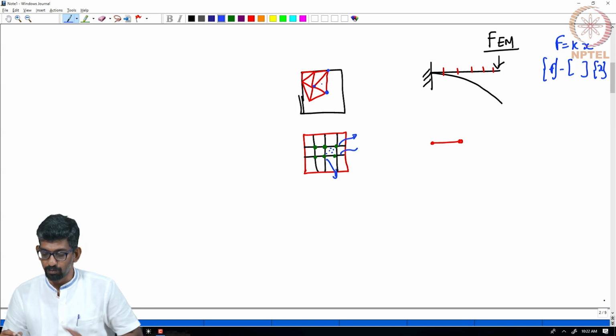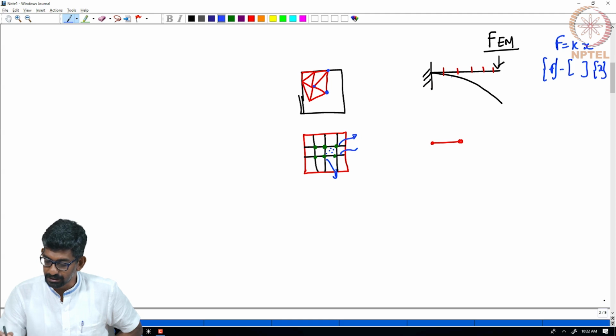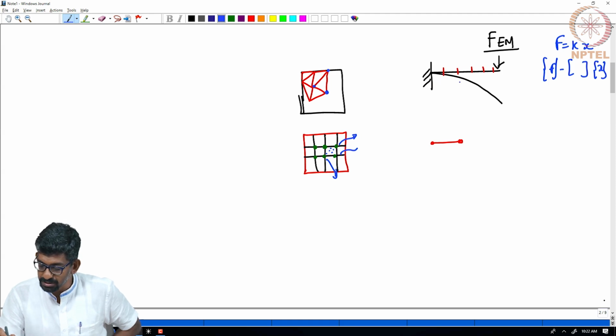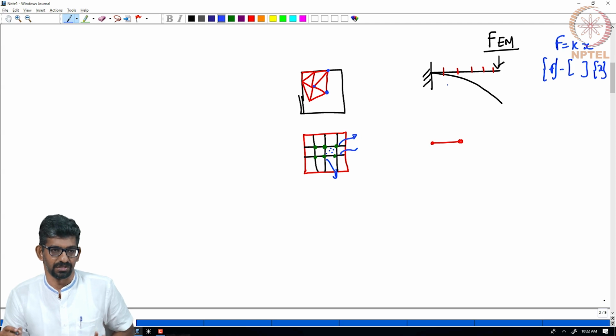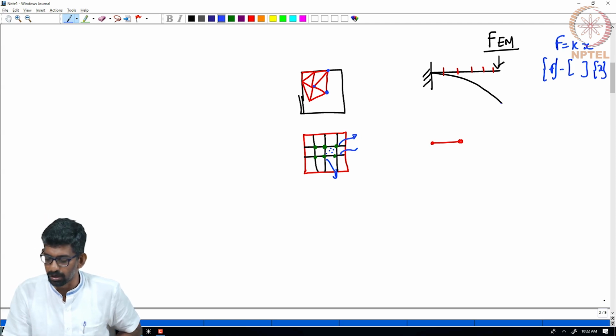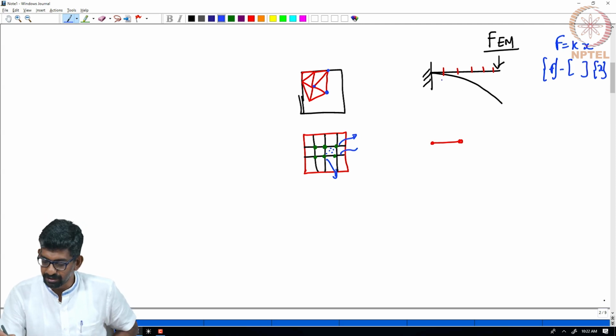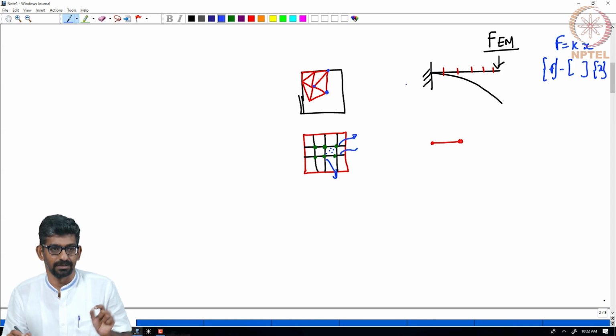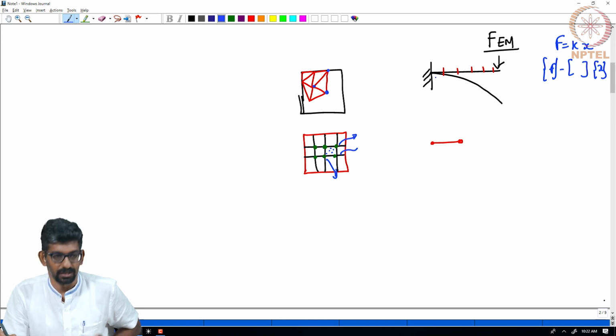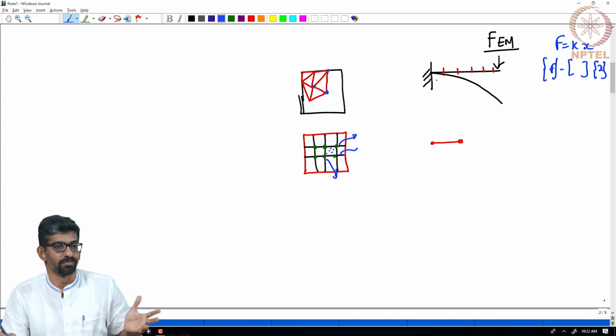Okay. So, now the whole idea is I am going to approximate this curved line, which represents my deflection, using multiple approximations. I am not going to just construct one line, I am going to approximate it for each of these elements, right. So, if I use a linear approximation or let us say a constant approximation, that is what a bar element does. Okay.